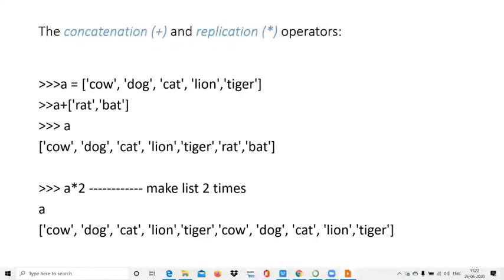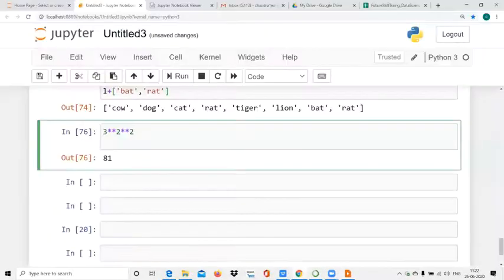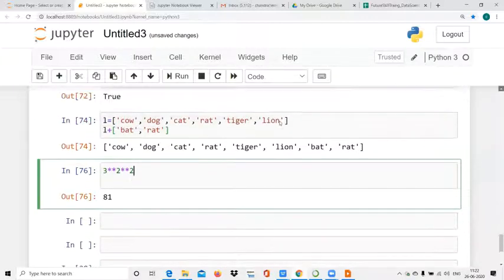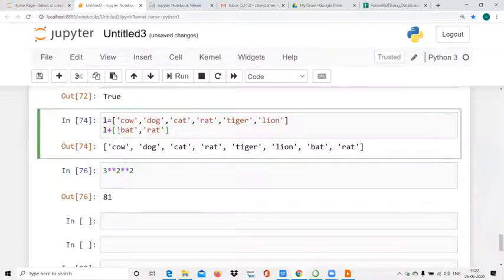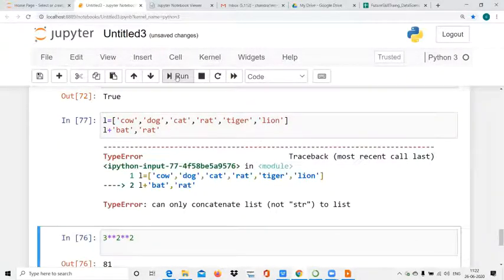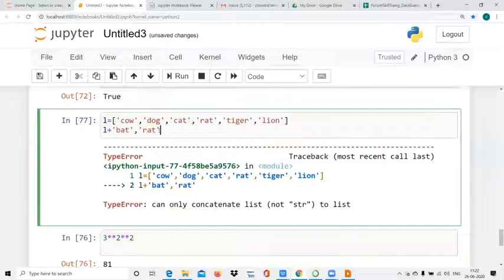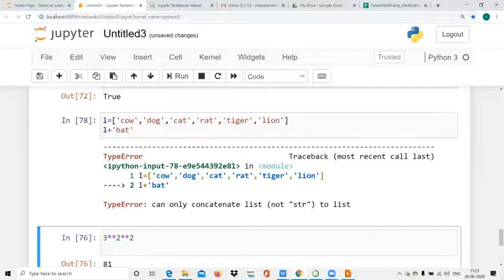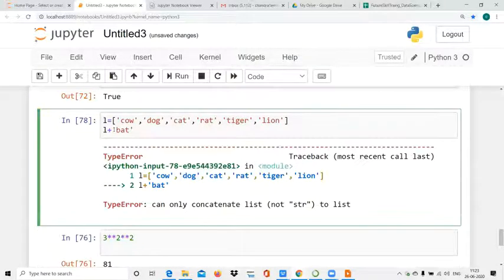So this is the concatenation. One thing you should remember in concatenation: if it is a list, you have to give this symbol. If you do this, is it correct? See, it gives an error. Again with a single element, let's check. So it is an error. So concatenating means there must be this symbol. Within this symbol, if you do it, it will add, right? Otherwise it will give some error.